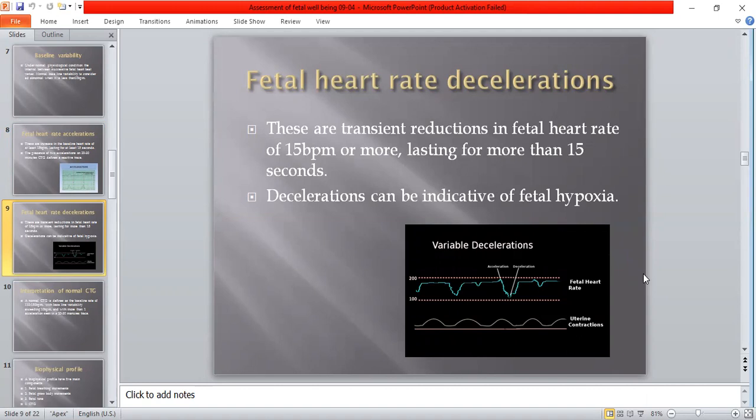Early decelerations are mostly in response to uterine contractions. It means that when we read a CTG, during that time the toco probe is going up, meaning the uterine activity is increased. At that time, because of the transient pressure on the umbilical cord, the fetal heart rate goes down, and as soon as the contraction ends, the fetal heart rate goes back to normal. That is early deceleration. Another is late deceleration, meaning that during the contraction the fetal heart rate does not go down, but as the contraction lasts, after that the deceleration appears. And late deceleration is a dangerous sign of fetal hypoxia.